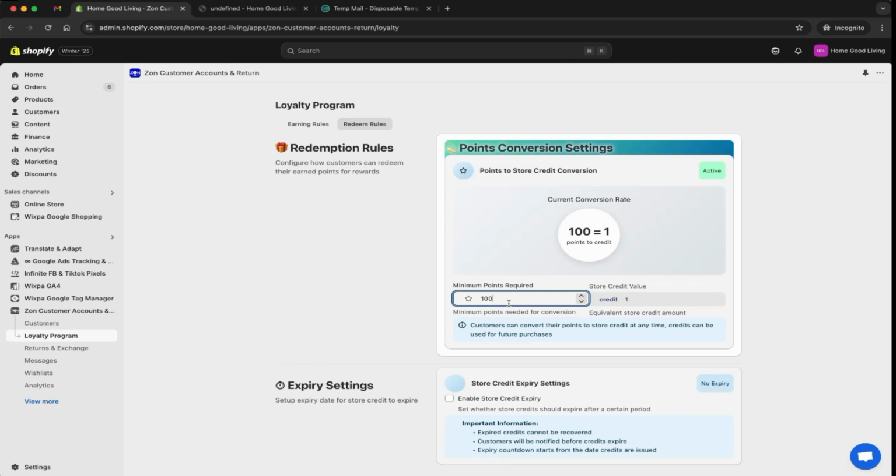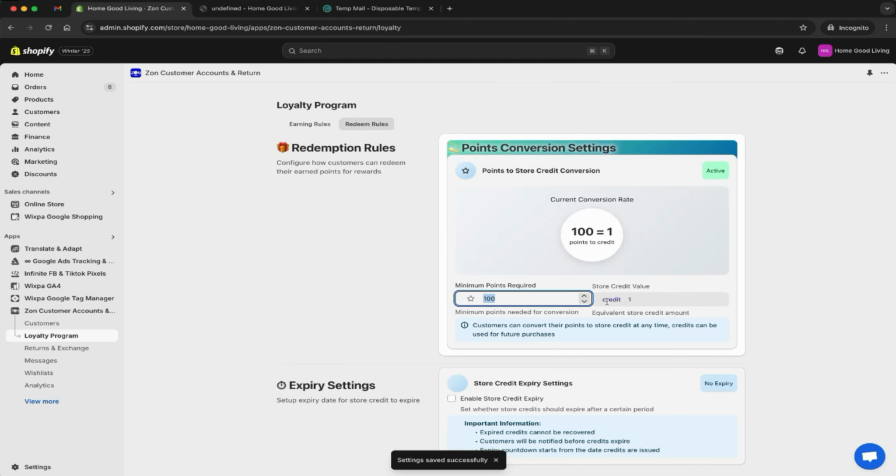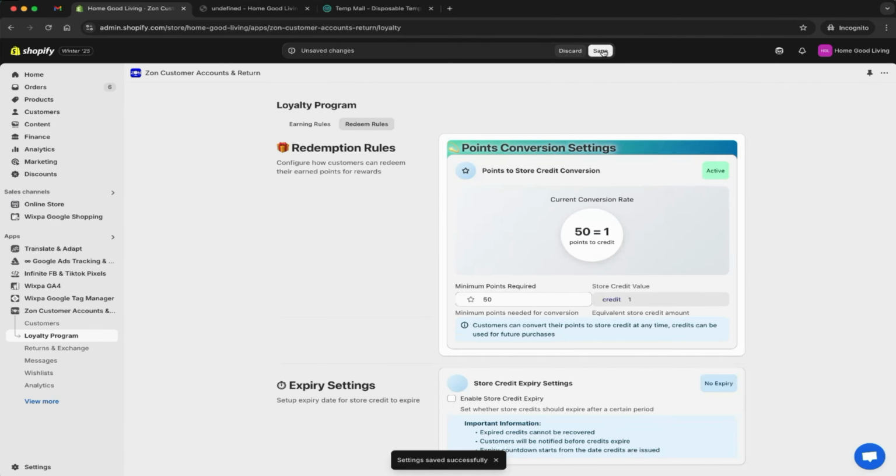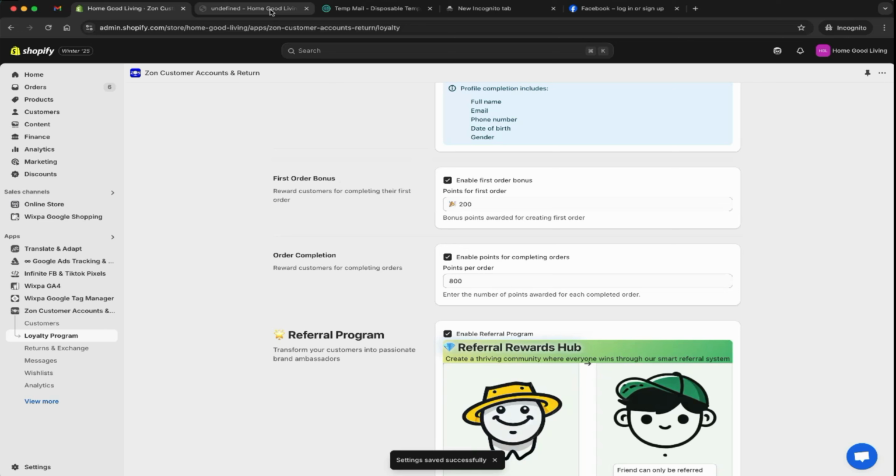your preferences as well. But before adjusting them, make sure that store credits are enabled from the Shopify customer account section. Here I am assigning 50 points for one credit. Let's remove the 100 and add 50 and click on save. You can see I have assigned 50 points for one credit, and here additionally, you can enable an expiry date for store credits to determine whether they should expire after a certain period, and you can set this expiry period